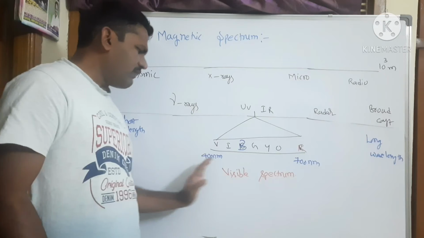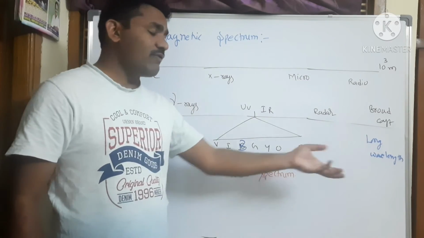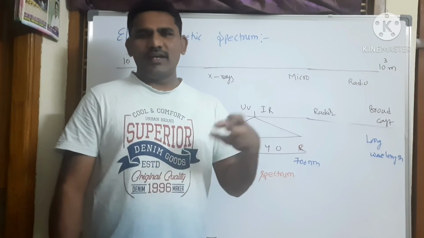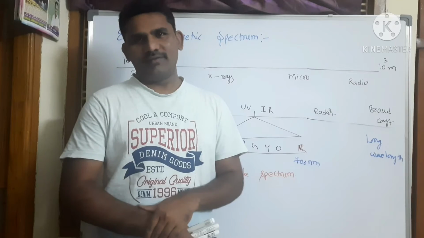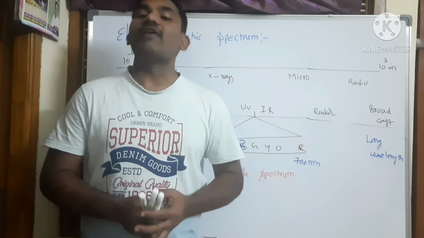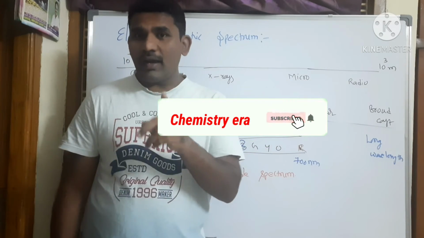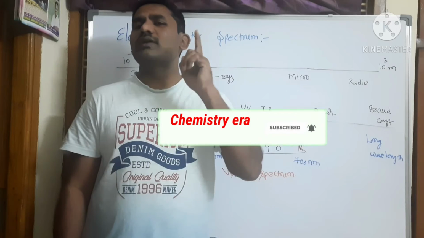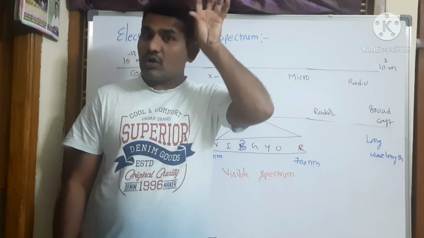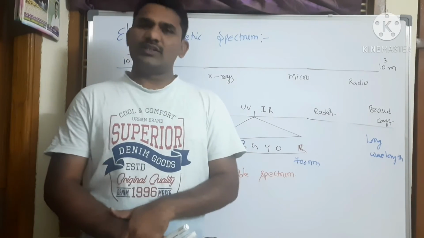When you are moving from left to the right, the wavelength values are gradually increasing. That's why if you see the red color, it immediately focuses into our eye, because red color is having a longer wavelength. That means our human eye is able to observe only a few colors. That combination of a few colors is called a visible spectrum.